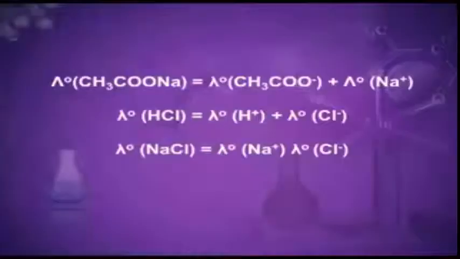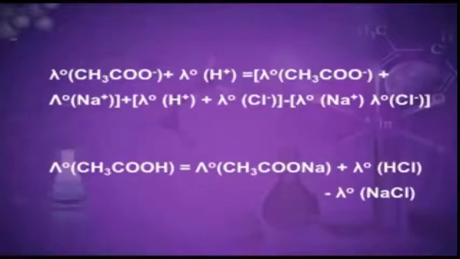These are sodium acetate, which has the contribution of acetate and sodium ions; hydrogen chloride, which has the contribution of the hydrogen and chloride ions; and lambda m infinity for NaCl, which has the contribution of sodium ions and chloride ions. Simply by adding and subtracting the suitable values, we can find the theoretical value of lambda m infinity